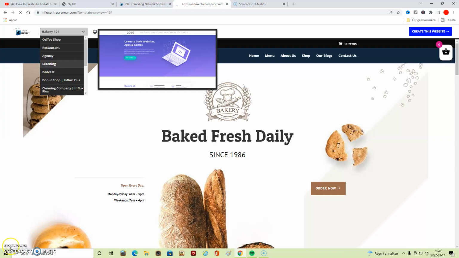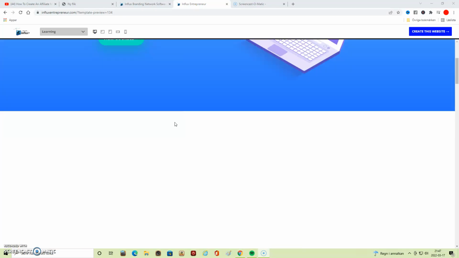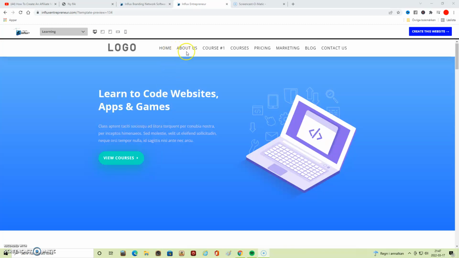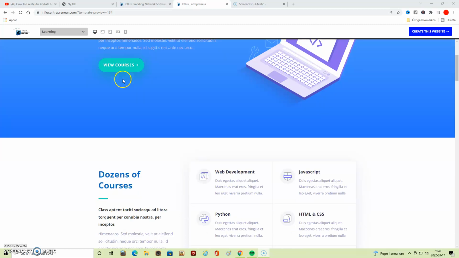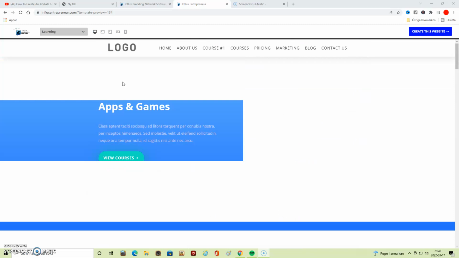Everything on this website, images, text and buttons, you can edit them and tweak and have the site look exactly as you want it. As you see here, you have a menu set up. Also, if you're more advanced and want to set up your own courses, you can, but you can just promote affiliate products if you want to get started as a beginner and start making some money this way.